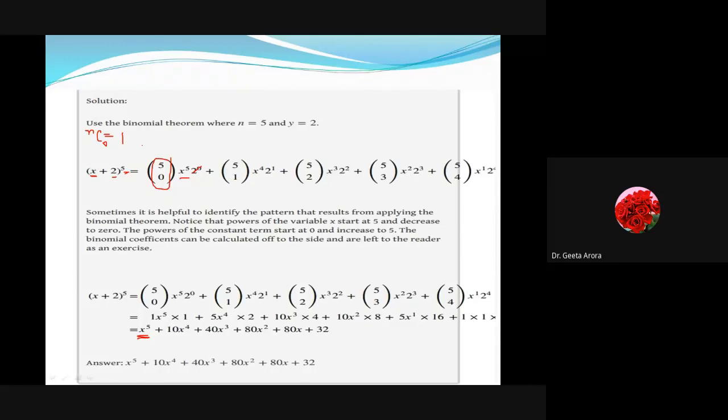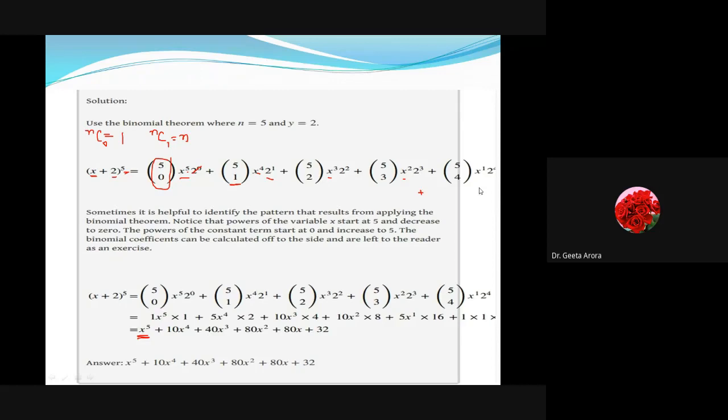Correct? For the second term we are saying nC1. What is the formula for nC1? nC1 is always given as n. So here the term is giving me 5 into x raised to power, and here we have 5. The next term reduces by 1. There is no need to subtract and waste your time. Directly we can write that if we have x^5, here it is x^4, then x^3, then x^2, and x^1, so it is going to decrease continuously. Right? And similarly, when 2 raised to power 0 was there, the next terms will be 2, 2 squared, 2 cubed, 2^4, and up to 2 raised to power 5.